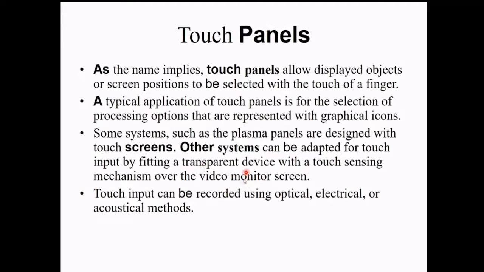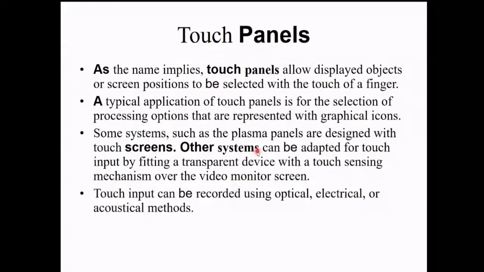So basically, this technology can be added to your mobile phone that does not have this functionality. You just have to add a transparent thin film to the device, so that it is able to take the input, or sense the things that come from the outer world. So that is the basic thing of the touch panel.